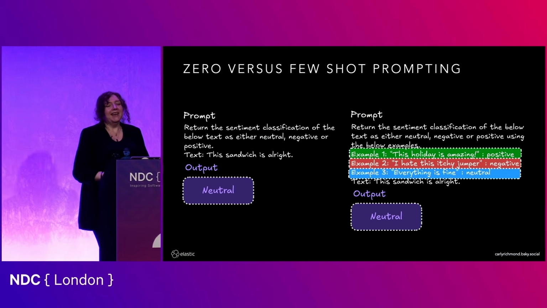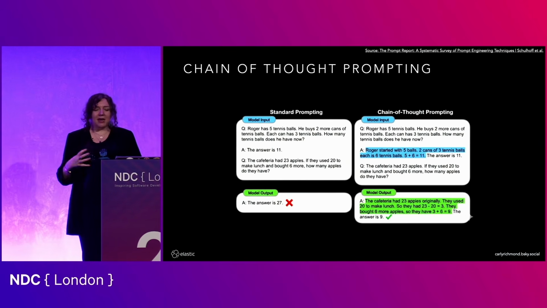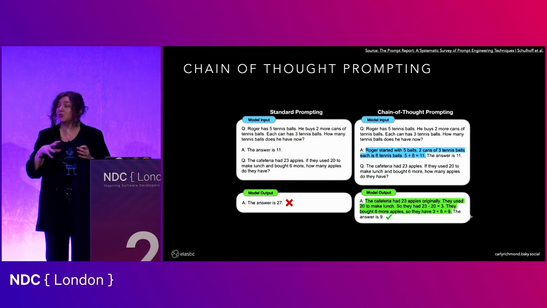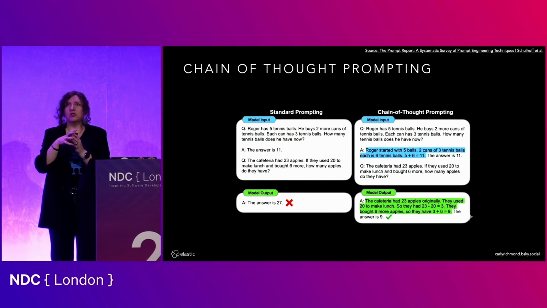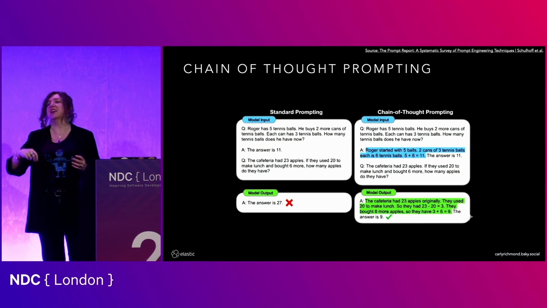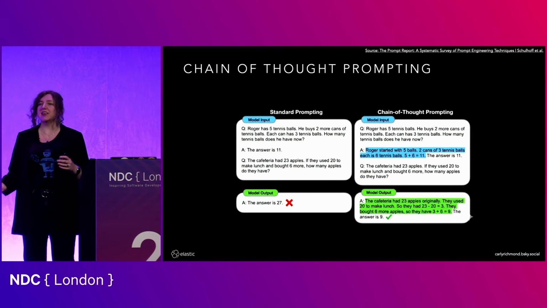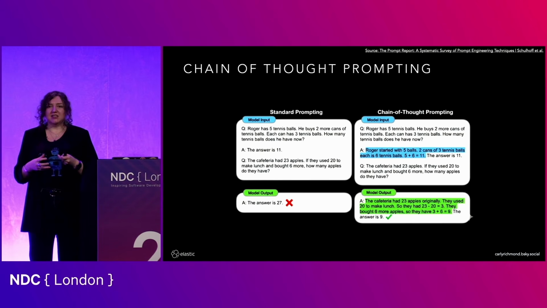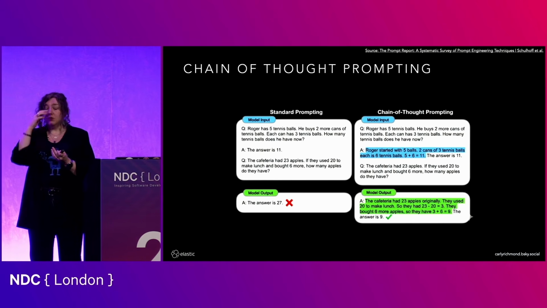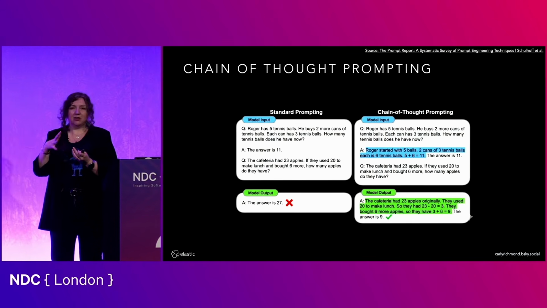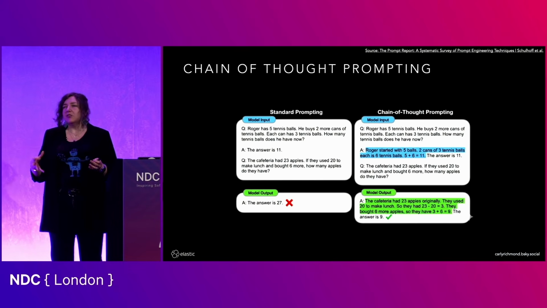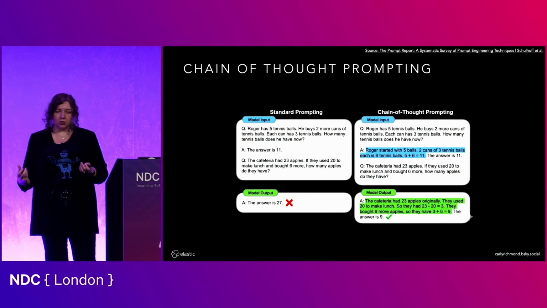It's all good. So the next one is better for reasoning tasks, and it's a type of prompt called chain of thought. And actually, if you look into the research, there's numerous different types of alternatives and kind of deviations of chain of thought prompting that have appeared. But the general idea of chain of thought prompting is that basically within your input to the model, you're putting in a particular example along with the reasoning as to how to calculate the answer. And for that reason, these are quite good at reasoning and logical problems.